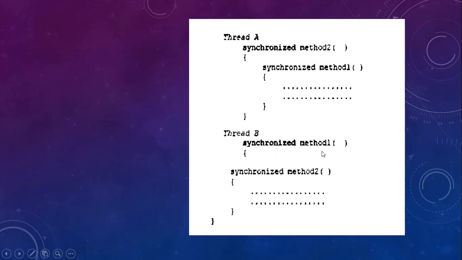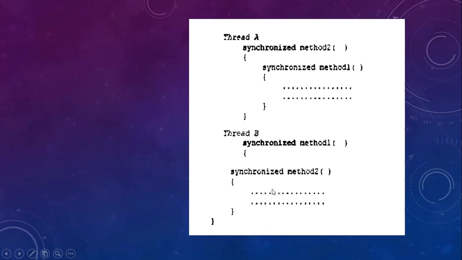Why? Because method 1 is already occupied by thread A. Now for thread B to complete this method, it wants method 2 to be released by thread A, but thread A has not finished processing of method 2. As a result, there is a